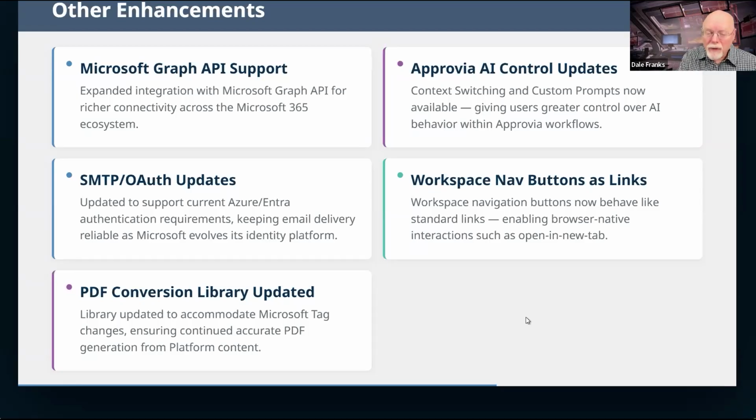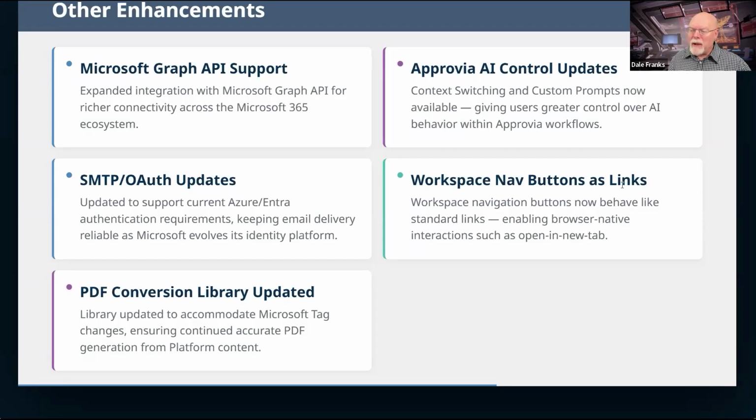However, if you're having trouble with the PDF conversions and you're getting something like an XML tag that could not be parsed in your logs, that means that you're running a version that has the older library. You're going to need to upgrade to the new PDF conversion library so that it understands what those new tags are that Microsoft has added to Word documents and thus be able to properly convert to PDF.